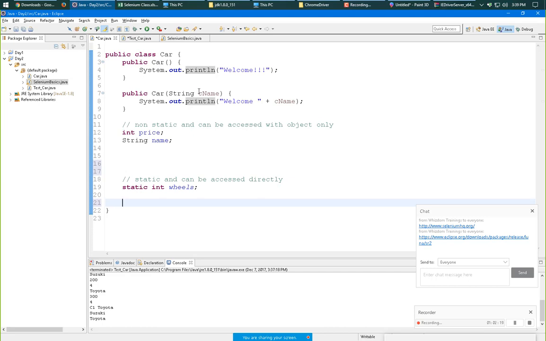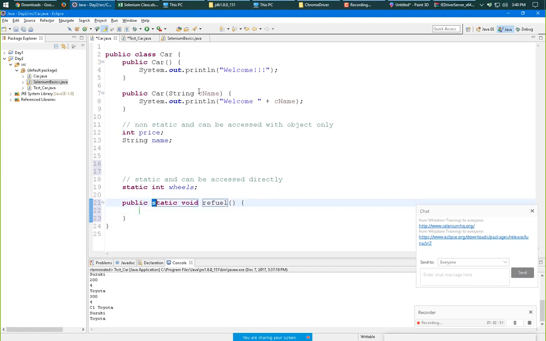So refuel: public void refuel. Right now it is not a static function. To make it static, I'll mention static here. Refueling is something every car needs, so why access it with the help of object?